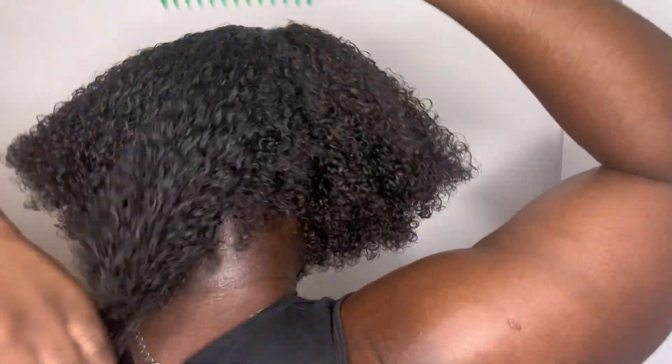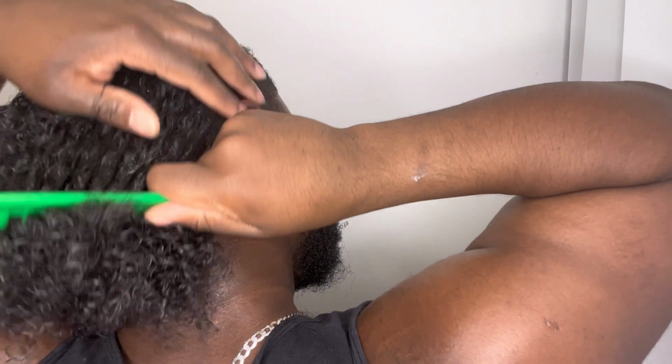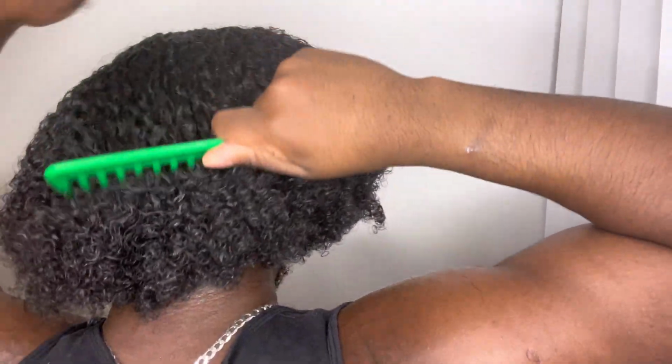And the wide tooth comb is just to make sure that there aren't any knots, just to make sure that it's a pretty smooth consistency. And I will be swapping out the wide tooth comb very soon. And we're going to be using my fingers once again just to do the end, just to make sure that's elongated. And then now we're going to be switching to the Denman D4 or D3, and this is a 9-row